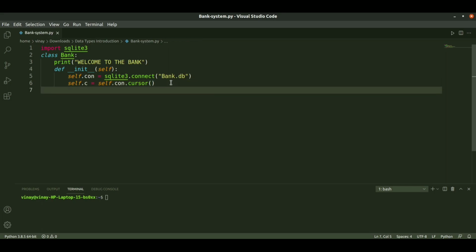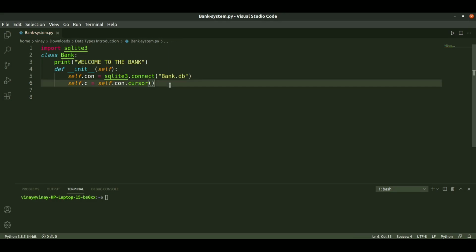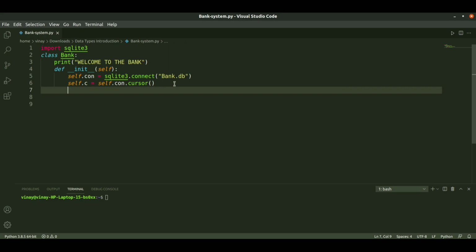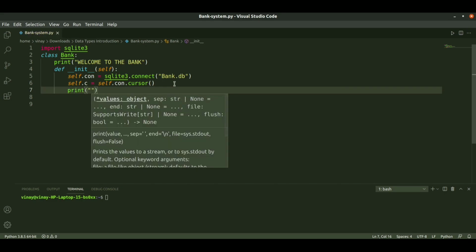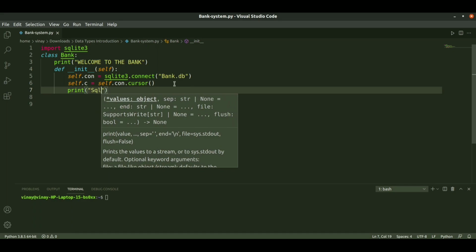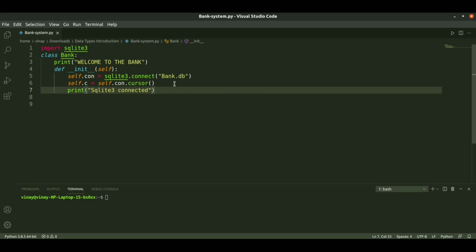Next we define our methods. Before that, let's check whether this database is working or not. After this connection, we will simply print SQLite 3 connected.